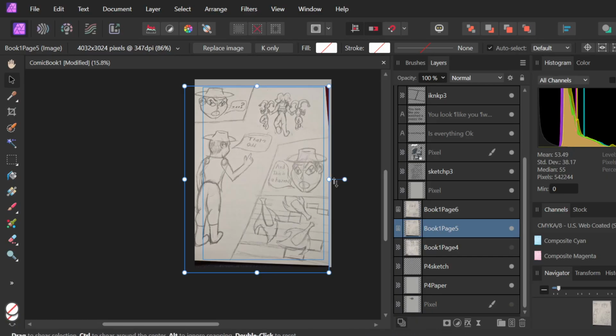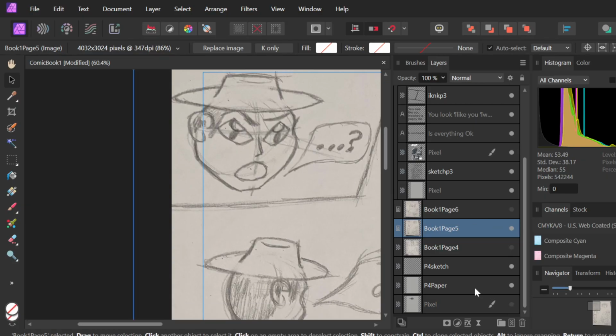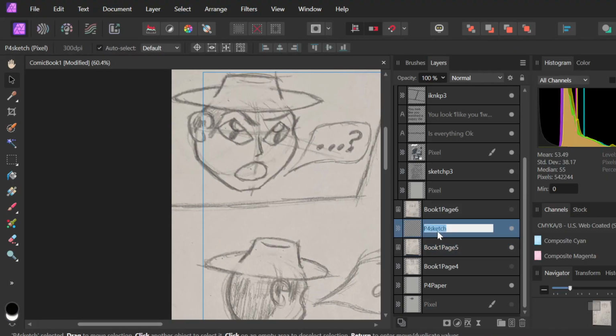Save B. Because I'm not really going for spreads yet, I'll probably do that after I get a little more accustomed to drawing on digital. Besides that, offhand, little bit I get to draw on it. So we're gonna be going probably into let's go down here and then we'll start. Put the sketch above 5, we'll change this to P5 sketch. Hoping that that was gonna be visible. Paper, but I guess it's